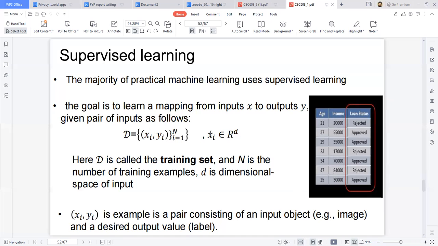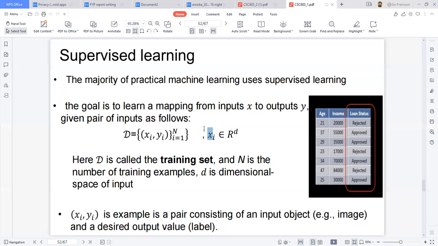He said this xi belongs to R of D. R of D means real valued inputs R with D dimensions. So D is dimension, and here D is 2. So he's talking about that one input training example is